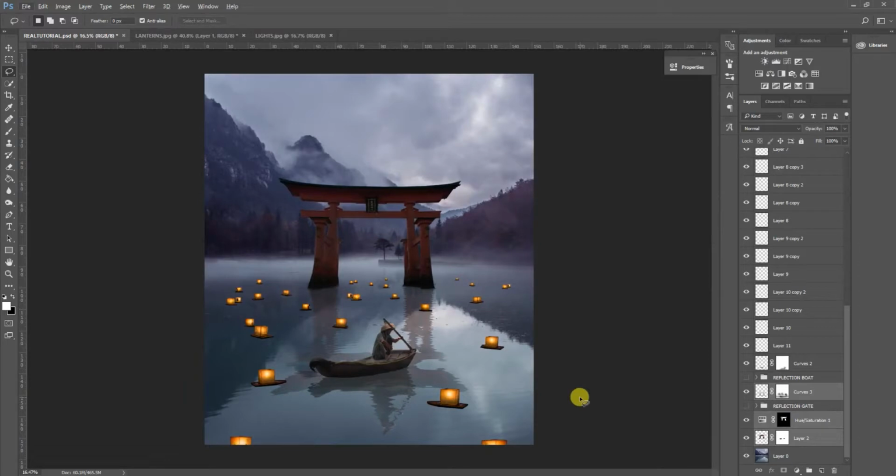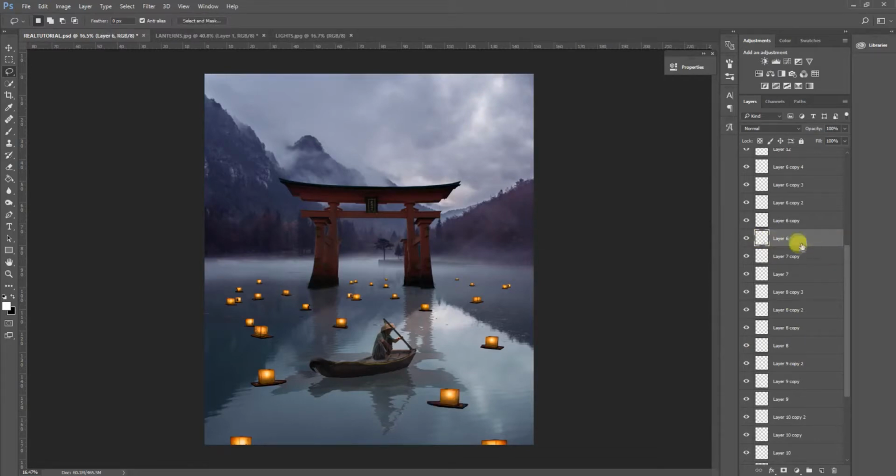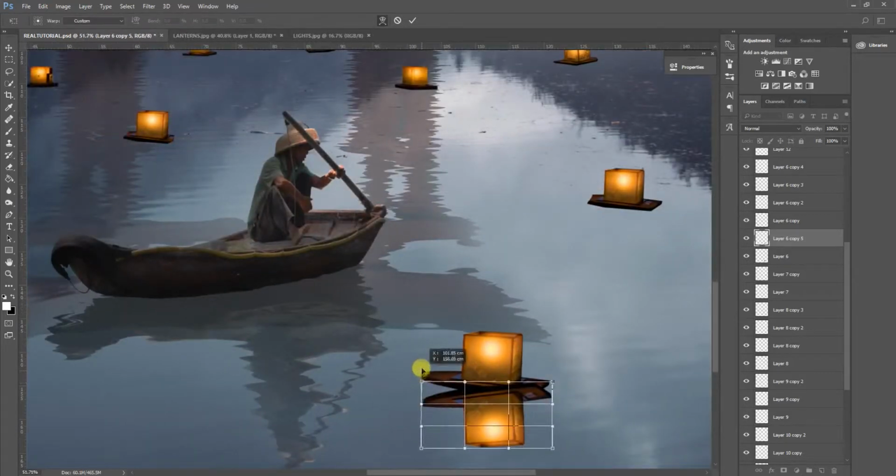Now for the next part we have to do the reflections, and the reflections are done the same way as these, so you have to copy paste every one of these lanterns and then turn them upside down. For example, this layer 11, let's take a bigger one, the closer one. Okay, this layer 6, we duplicate this layer like this, and then Control T, and flip vertically, and then do some changes with the warp tool to match the lantern